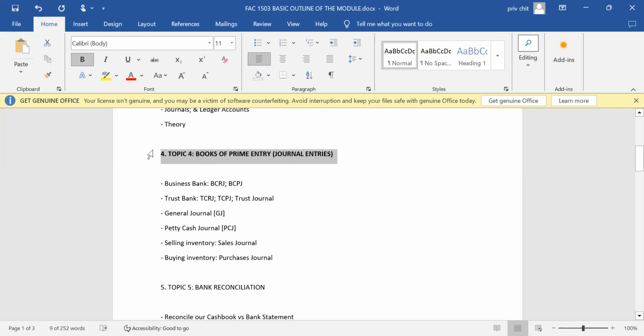So like I mentioned earlier, with every business organization, regardless of the fraternity or practice that the business is actually running, there will be a need for them to capture or record their business transactions in their accounting records.